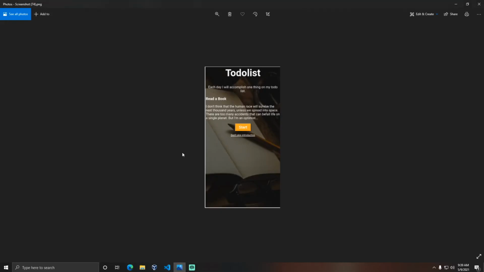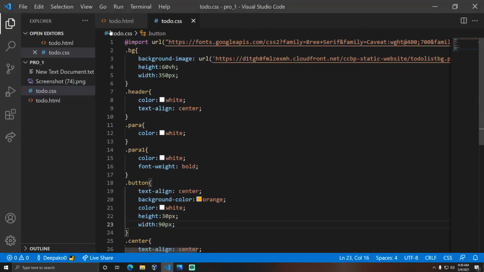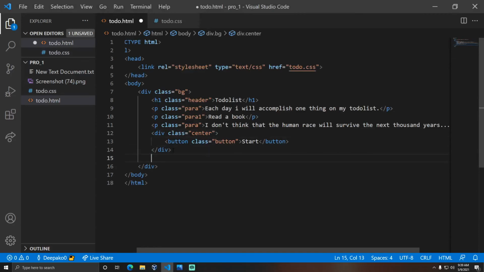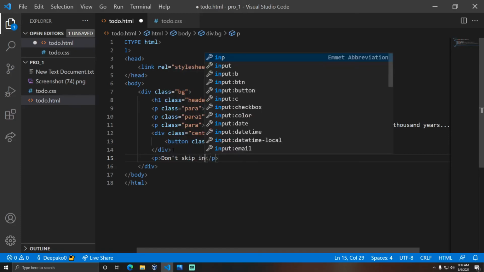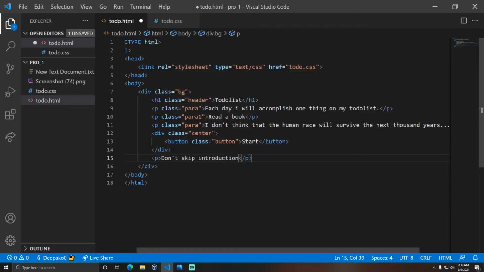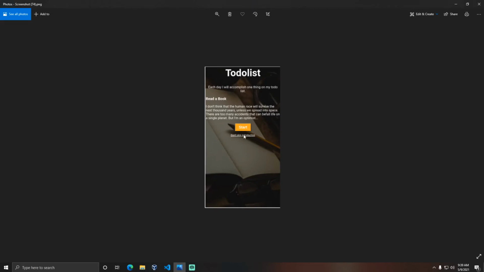Here we are having one more thing, that is our don't skip introduction paragraph. Here we have another paragraph element, and we type don't skip introduction. We need an underline for the text.